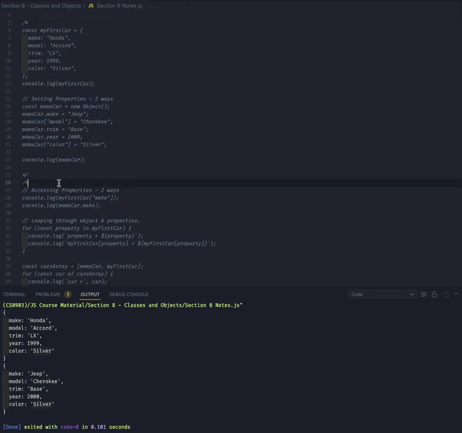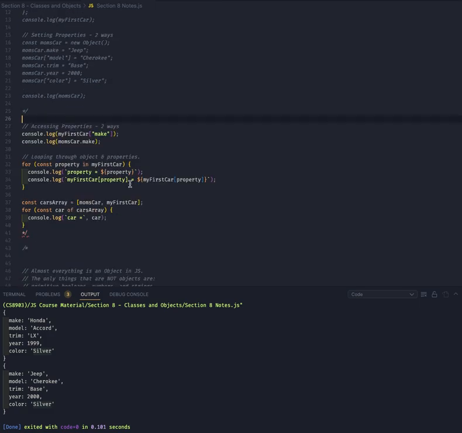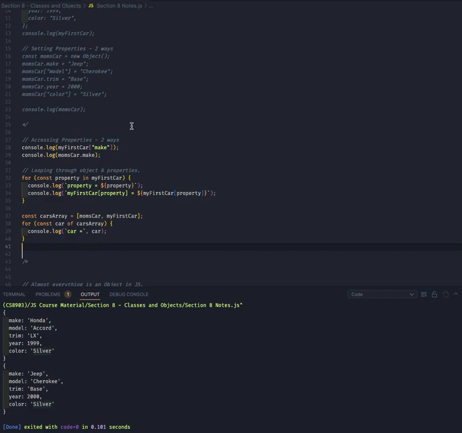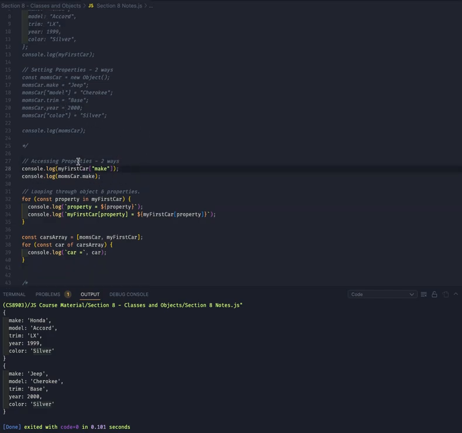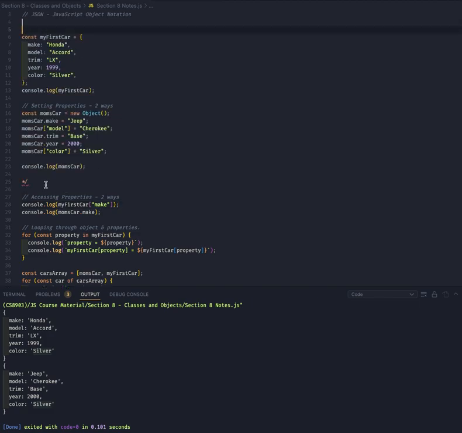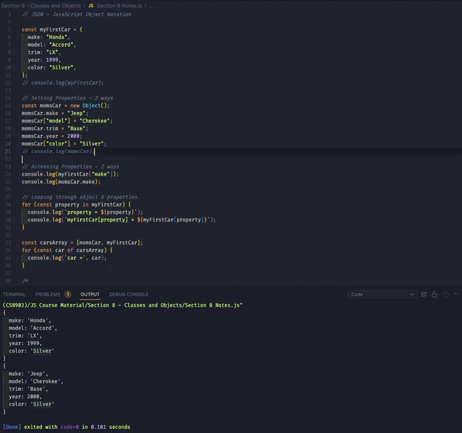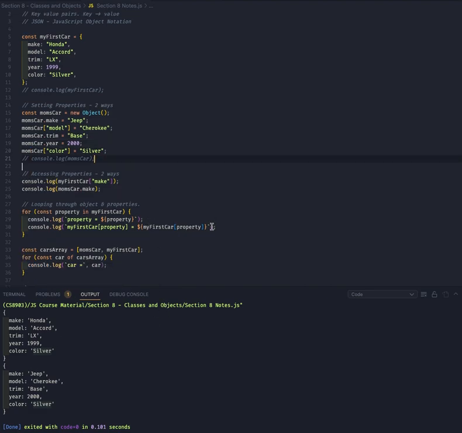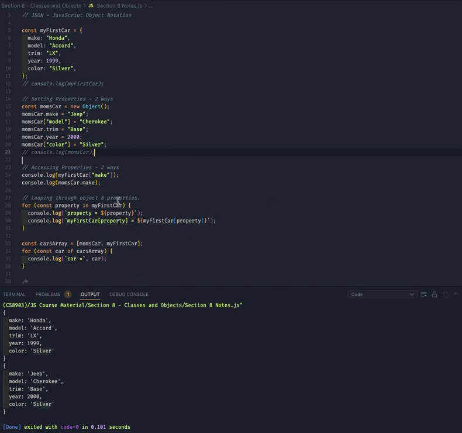Okay, let's go through this other little part here. So the other part, again, this is just kind of recapping this. You can access, well, you know what, I'm actually going to need this code. So let's just comment out these console logs because we don't want them to pollute our console logging. So, okay,